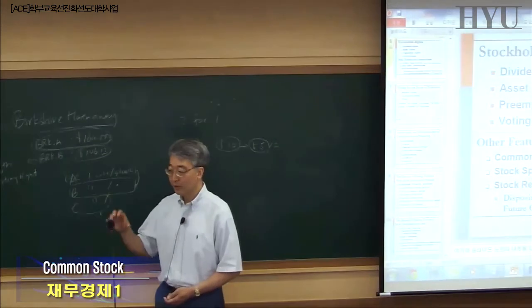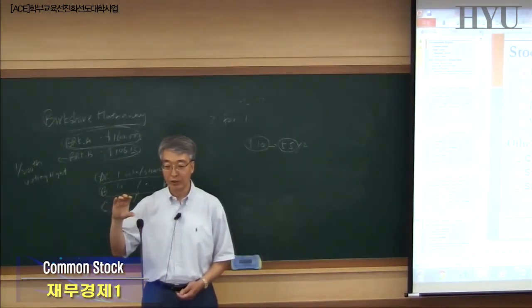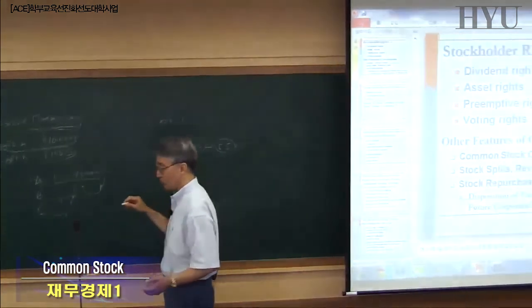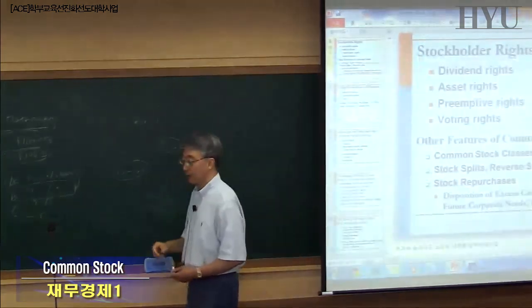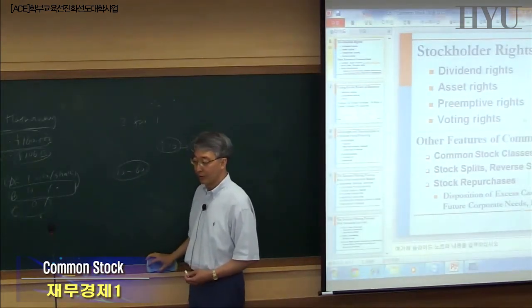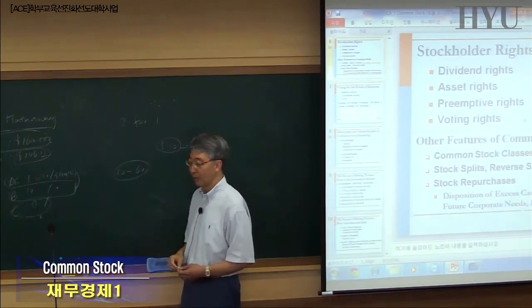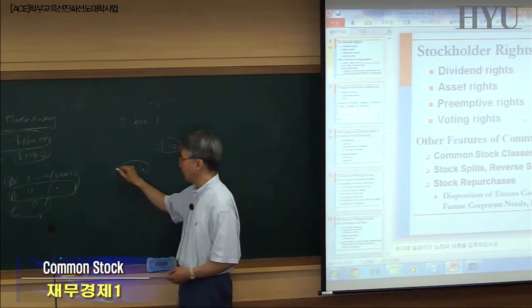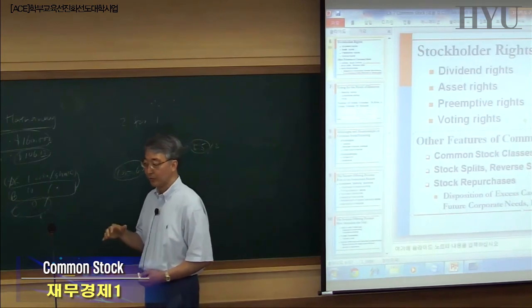So typically there is a range of stock prices that the market in general considers affordable, anywhere between, according to our textbook, $10 to $60. Okay? Well, in the United States. I guess in Korea, I don't know what the affordable price range is. But in dollar stocks, typically anywhere between $10 to $60 is considered the normal range of stock prices.